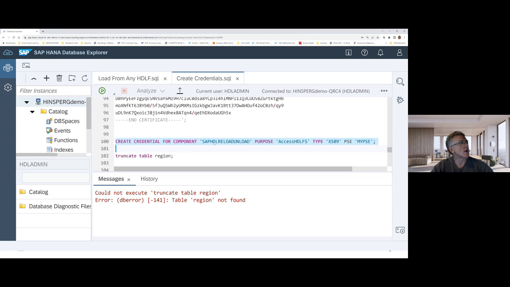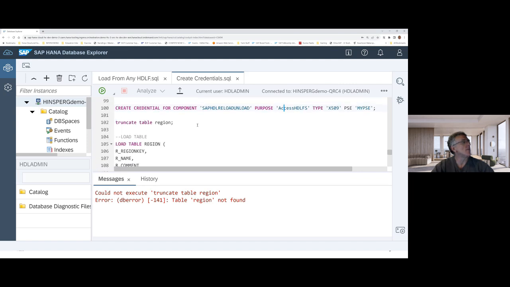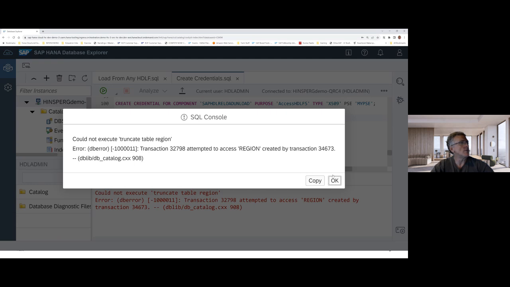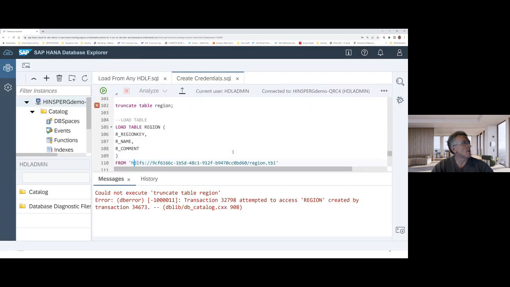We're going to say that the credential is for reload and unload. We give it a name, which is this purpose. It's X509. So all the connections to the data lake files are certificate based using X509 certificates that are signed by your CA, and you use them to access using the REST API. So that's fine. So now if we want to load the region table,